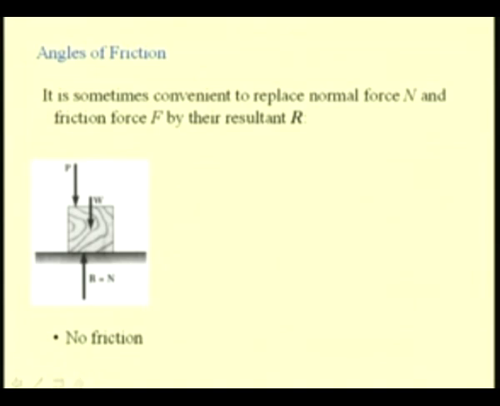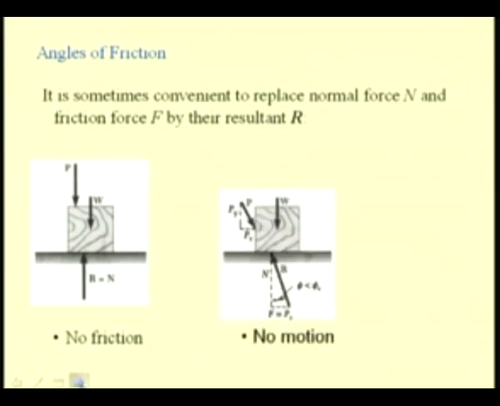Let us consider the same example of the block. Now, the applied force is vertical, thereby there is no horizontal component of the reaction, that is there is no frictional force, and so the resultant of the frictional force and the normal force is R, which is same as N. Now, let us consider a horizontal force Px acting on the body, and still this force Px is less than the limiting value of the frictional force Fm. So, the body is still stationary,